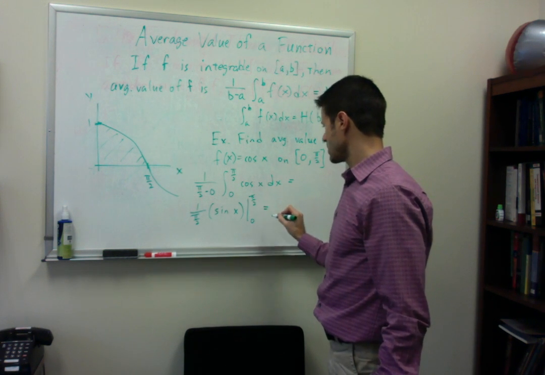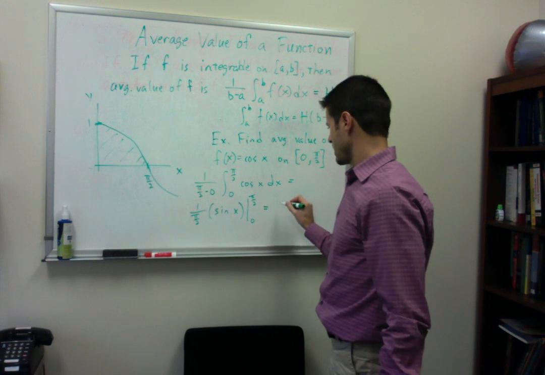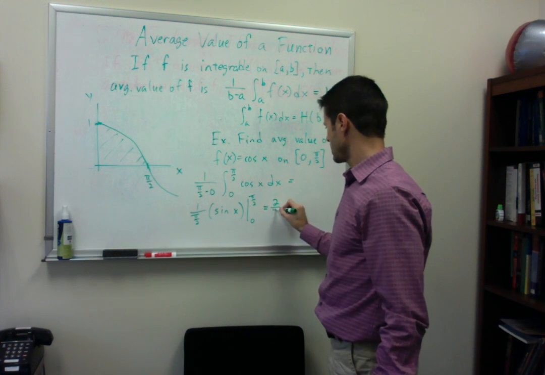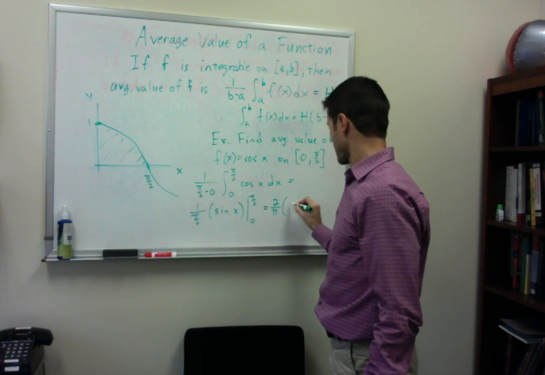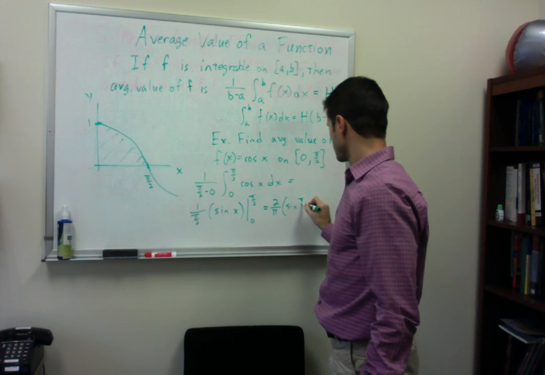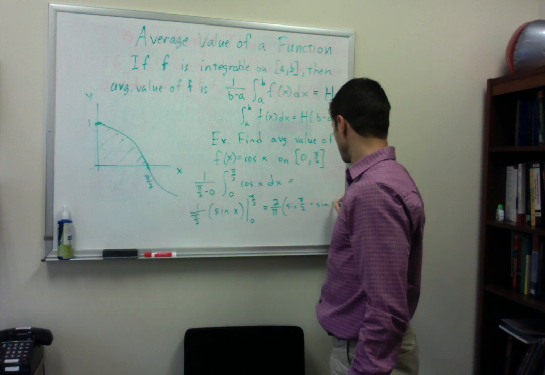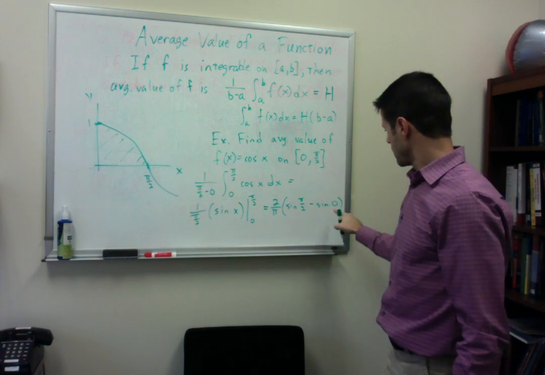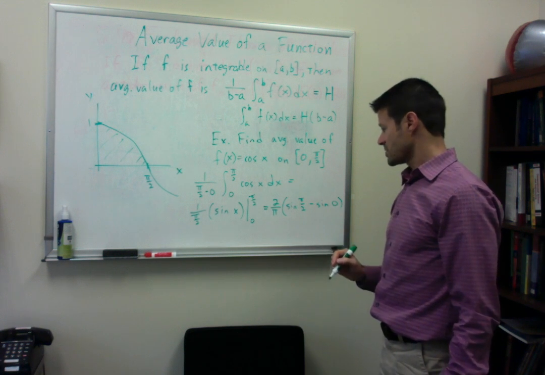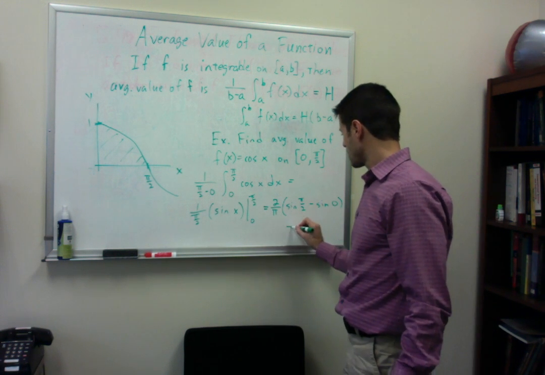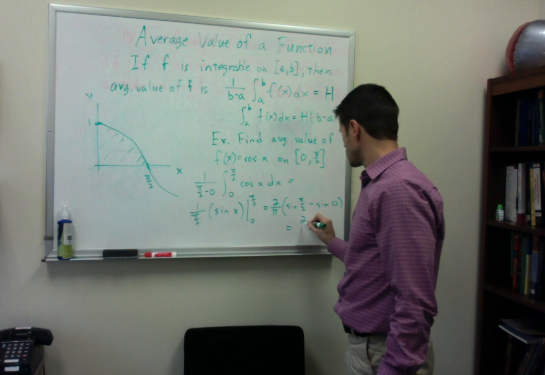And so this is going to equal, I'm going to take care of that fraction there, it's 2 over pi, and then it is going to be sine of pi over 2 minus sine of 0 in parentheses here. Of course, the sine of 0 is 0. And the sine of pi over 2, well, that's 1. And so our final answer is 2 over